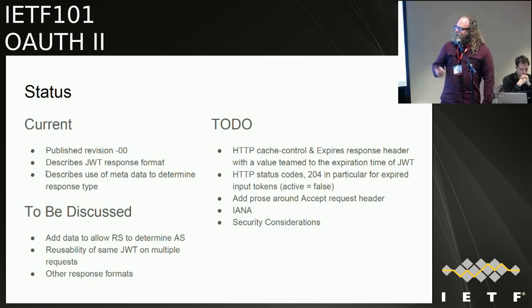The status is there is a very rudimentary 00 version of it. We would like to add to that for sure the alignment of the HTTP stuff with the JWT stuff. Like JWT has some information about expiration, and we would like to convey that information in the HTTP response headers. So at the gateway level, the gateway doesn't need to know anything about JWTs, but it can work based on the HTTP headers and HTTP status codes. I think what more to do is to add the standard stuff there, as well as the security considerations. And we could be discussing some other topics, how to relate the